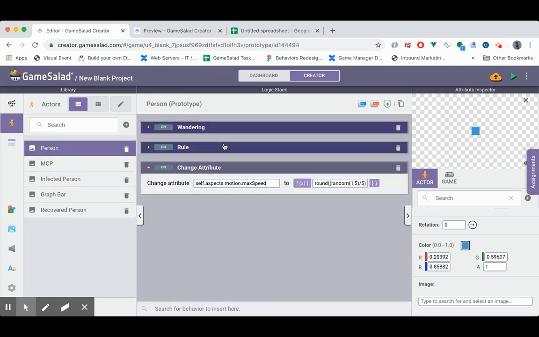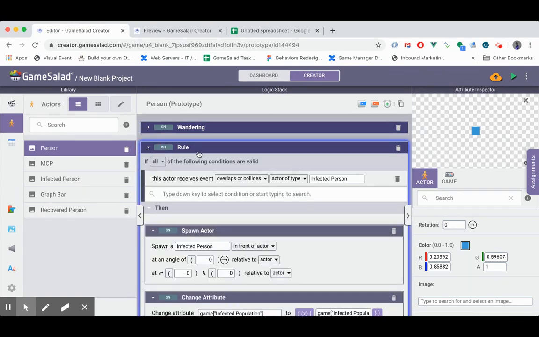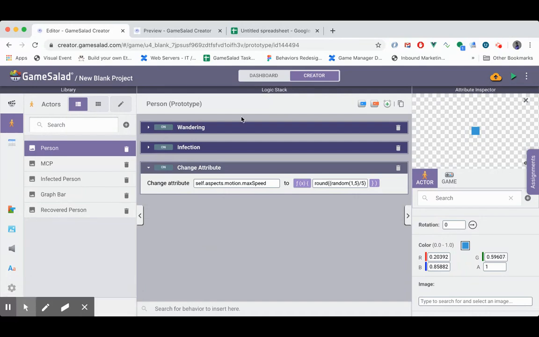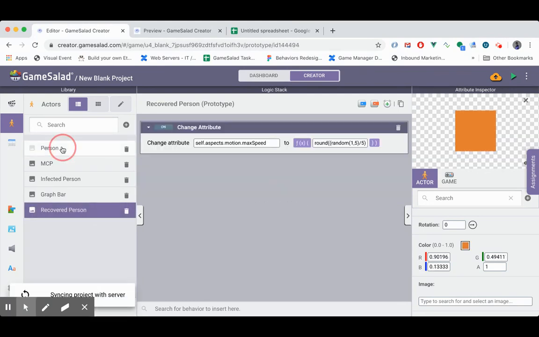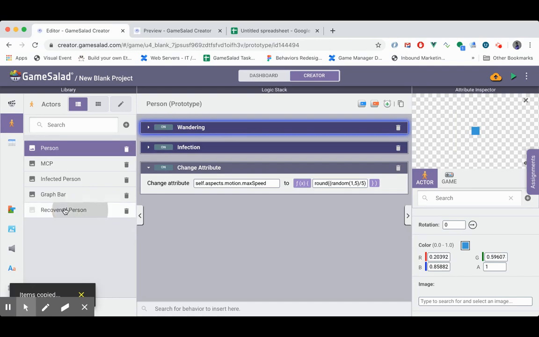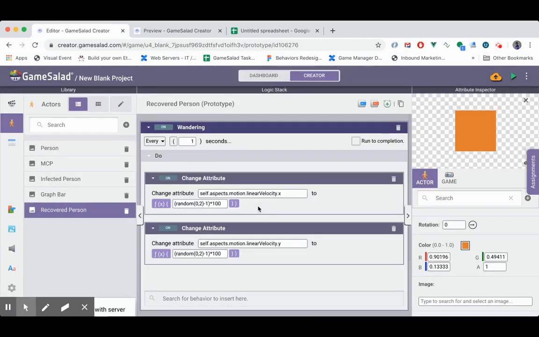And so we need to make the recovered person act like a person. So we will want them to wander. We will want them to randomly be still or not. But we don't need this rule. Now, since I didn't comment it, I had to open it to see what it was, but this is the infection rule. We'll just say that the recovered people are inoculated. They can't get sick again. That's not true of all diseases, but it is true of many diseases. So I'm going to copy and paste the max speed, and I'm going to copy and paste the wandering. And so now we have a recovered person that wanders. So now if we do a preview,